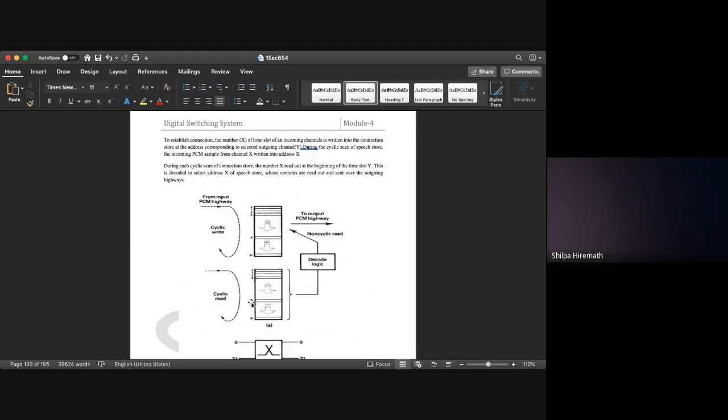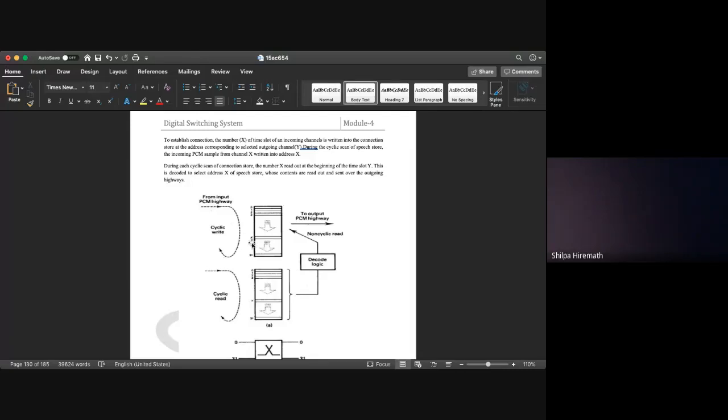If Y is representing the address as X, where X is having the data that has been sent from the input highway line. Now when we want to transmit it from this particular connection store, Y will give the address and that address is of a speech store.